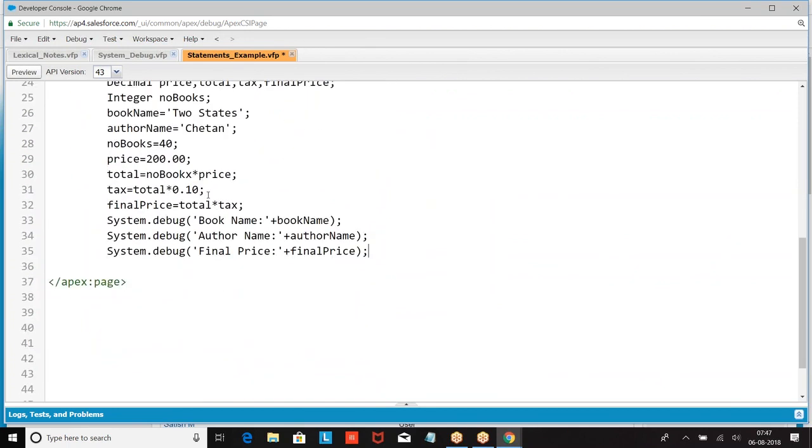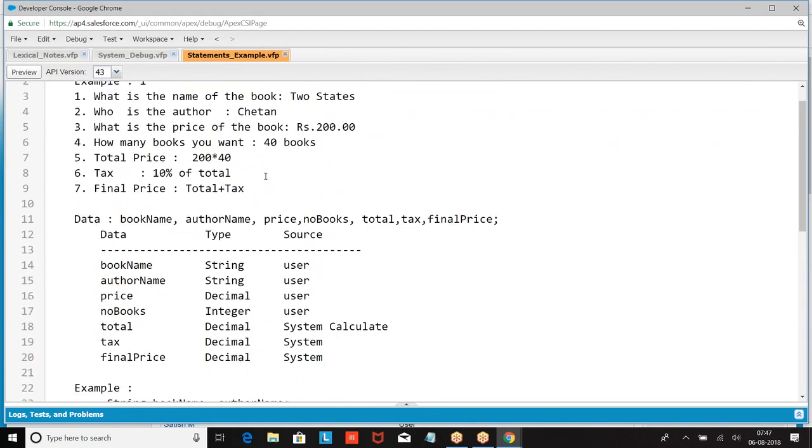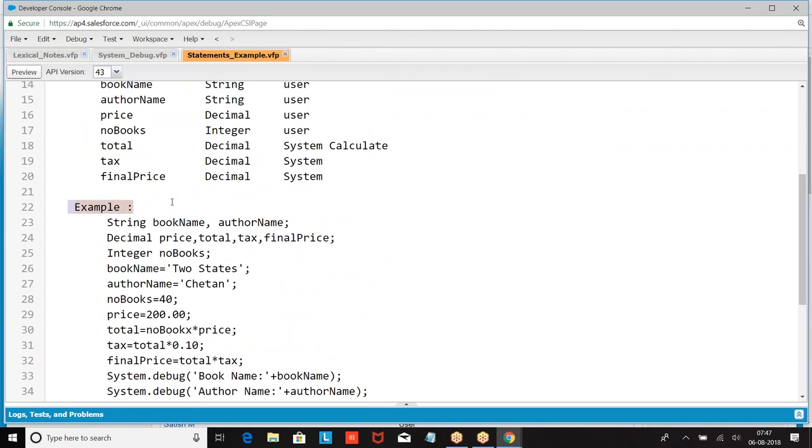So, right, boss? 80% of the time we don't know how to write a program because we don't understand the requirement. Most of the time we cannot write a program because we don't understand the requirement. Write a program, start. What next? Because we don't understand what the requirement is, what data is involved, we get stuck. So recognize the data properly. I hope you are good with this example. Right, boss? Satish,